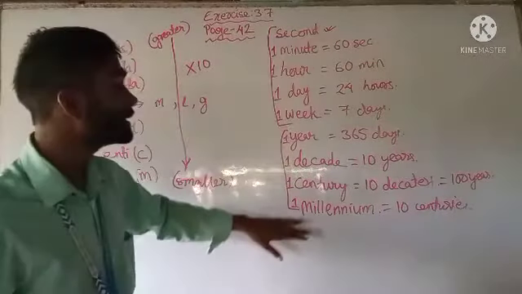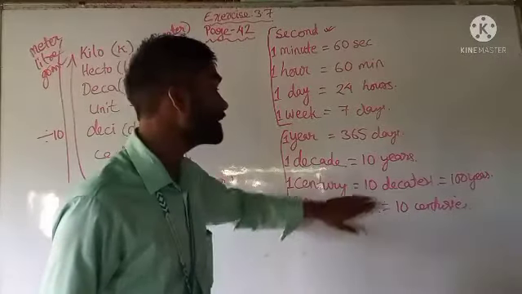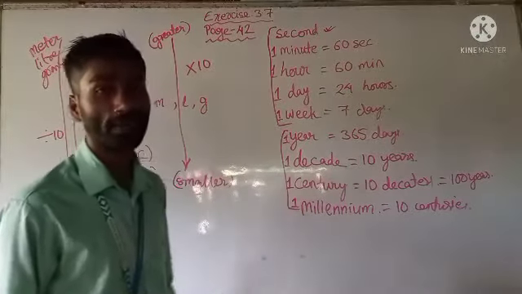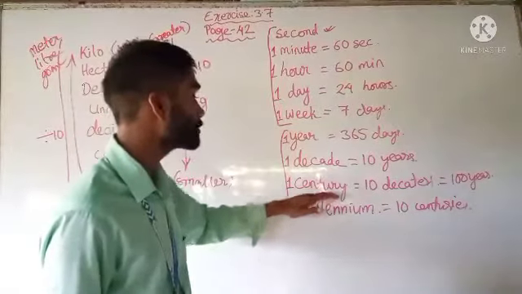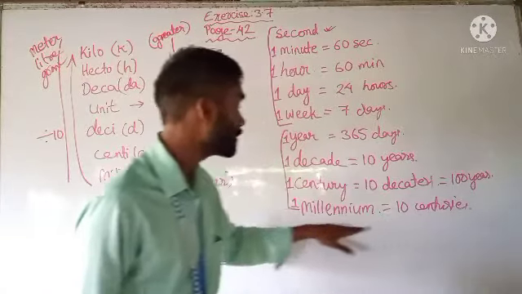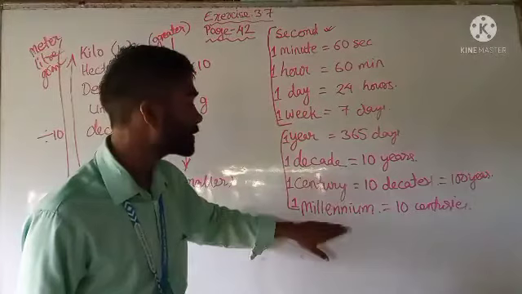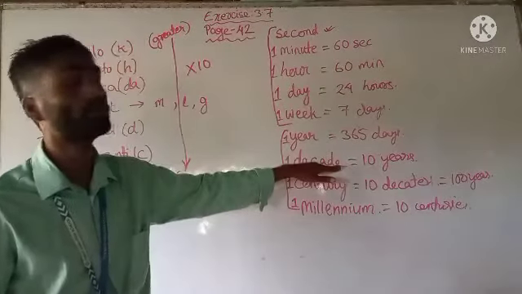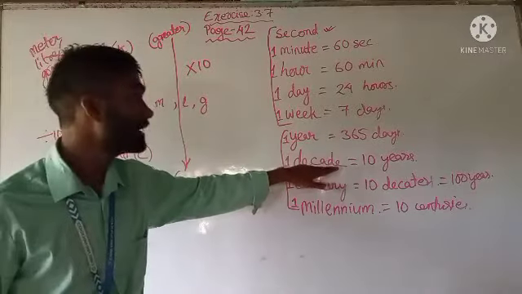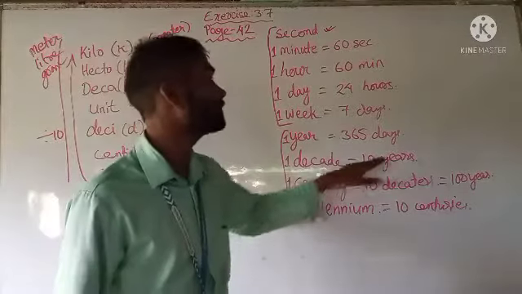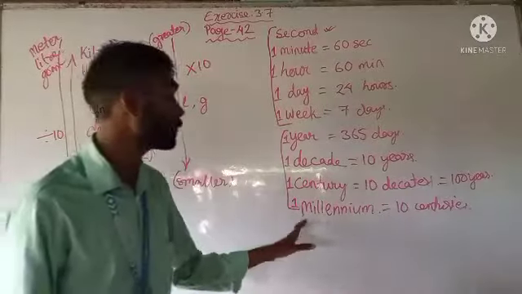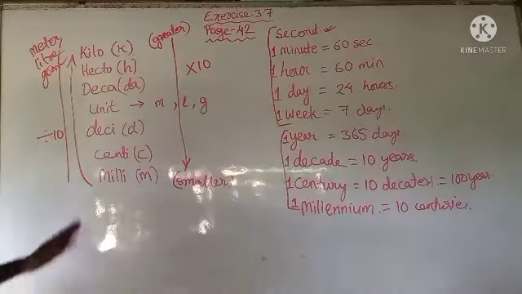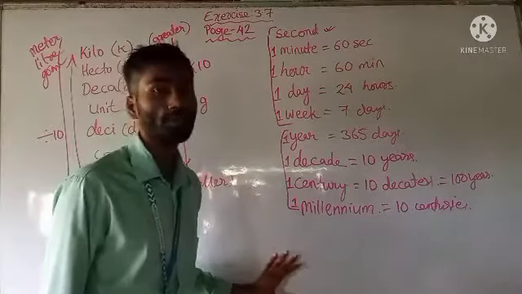In the same way, if we convert this into other units, then for the number of units that we are crossing, we will have to multiply. That means if we are converting it into century, then we'll multiply by 10. If we are converting it into decade, then first we'll multiply by 10 to convert it into century, and then again by 10 to convert into decade. Again, if we are converting into years, then again by 10 we'll have to multiply in order to convert 1 millennium into years.